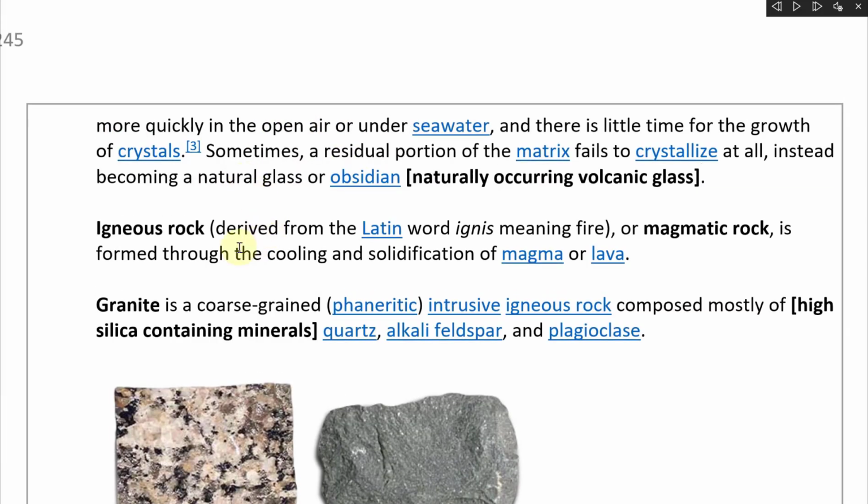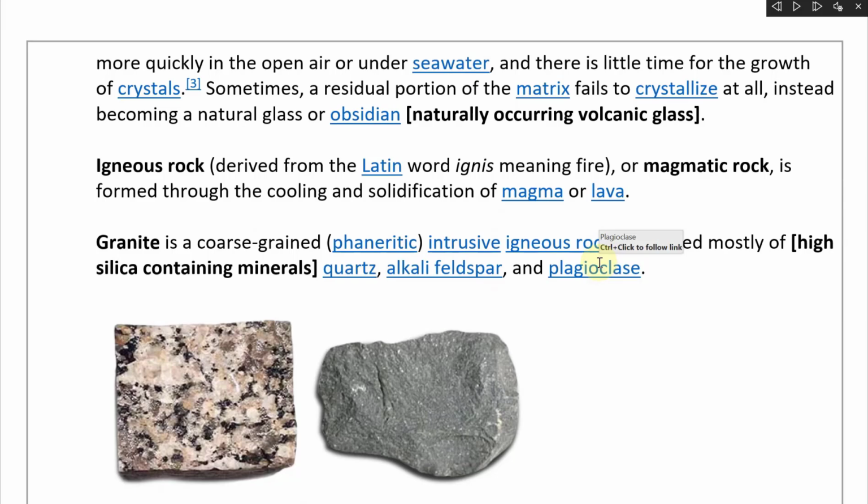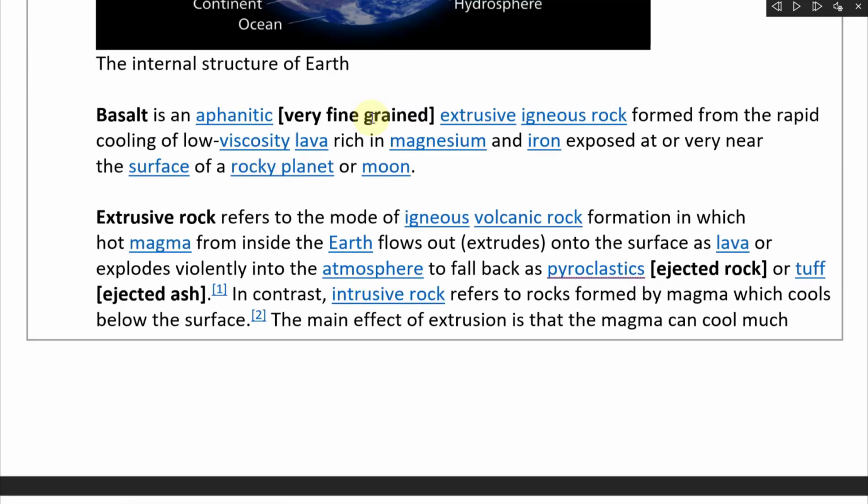Going further, igneous rock, let's see if we're pronouncing it correctly. Igneous rock, derived from the Latin word ignis, meaning fire, or magmatic rock, is formed through the cooling and solidification of magma or lava. And then basically, depending on the rates of cooling, you'll get the basaltic or the